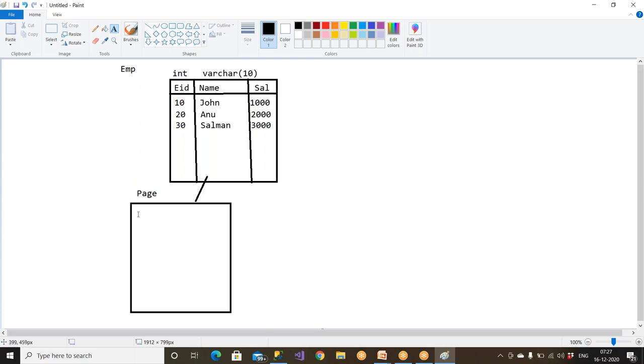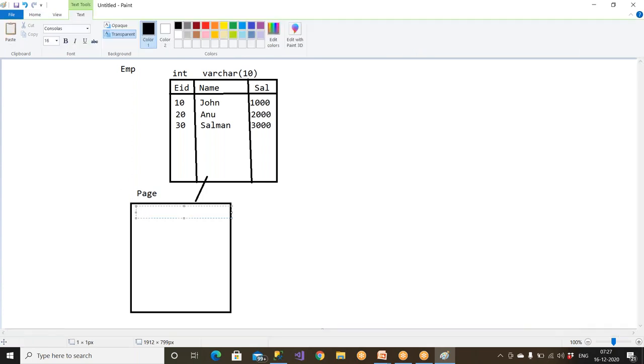Clear, guys? And the data comes here. Now, what is the page size? It is 8 kilobytes. Now, how is it going to happen? Now, it will store like this. Sorry, it is not, it is,